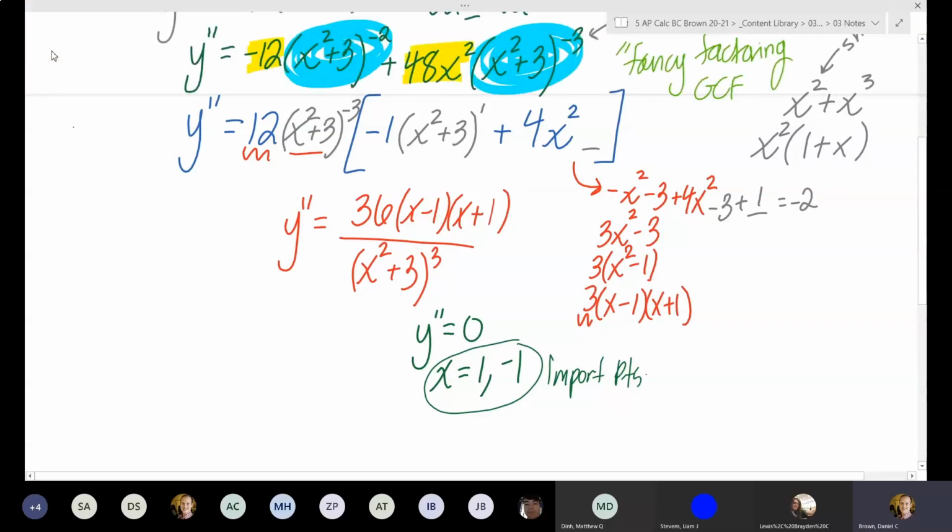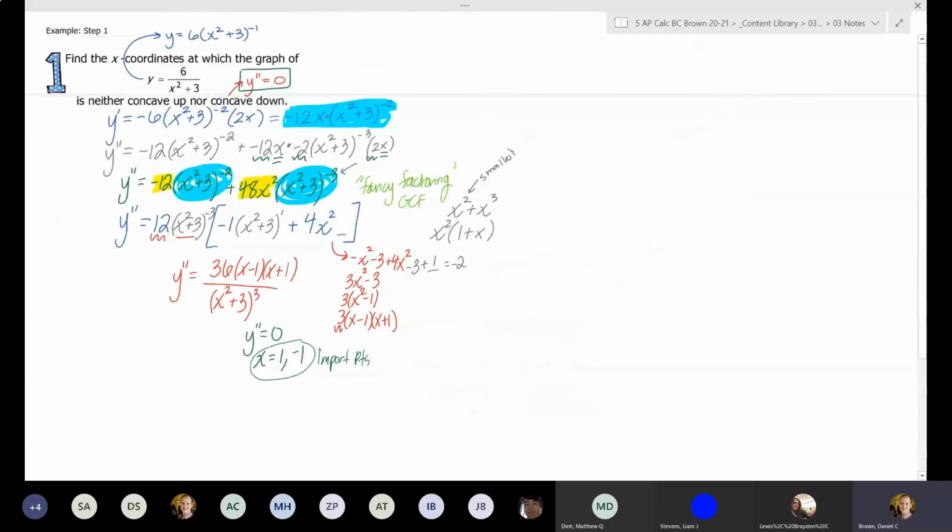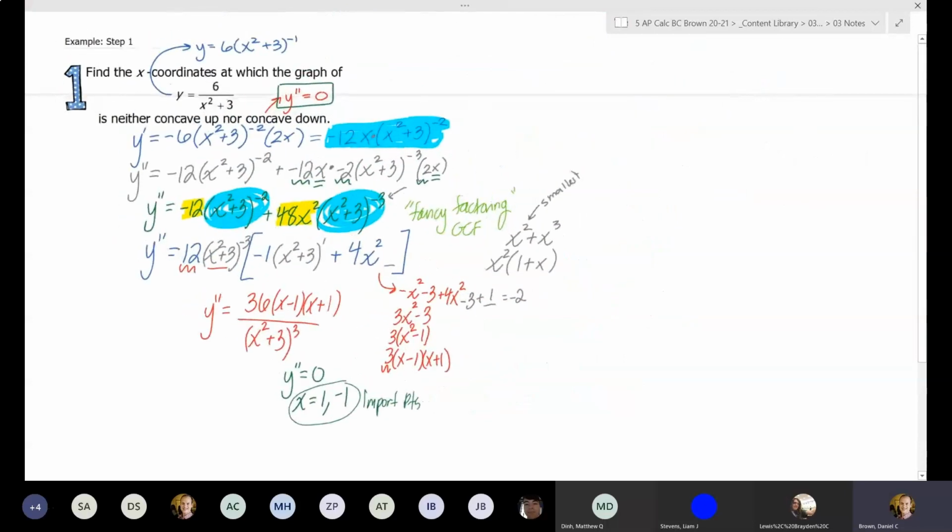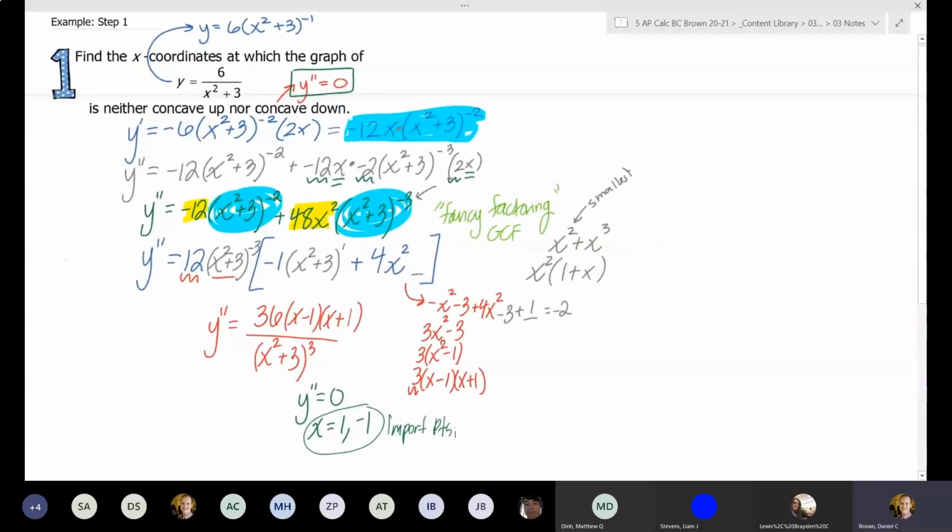Before I go back and move into the intervals of concavity, does anyone have any questions on my steps for that problem? All right. So the next part I want to look at, I'm going to use that same problem so we don't have to redo that algebra,